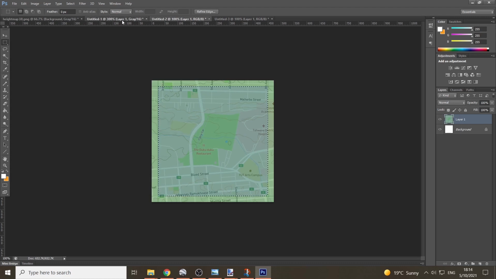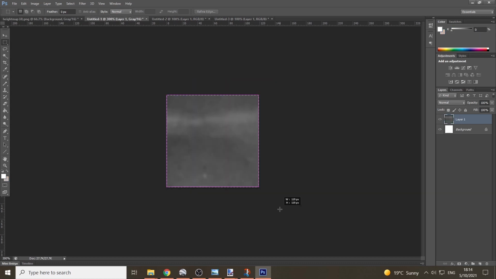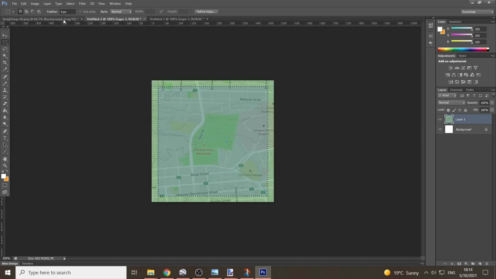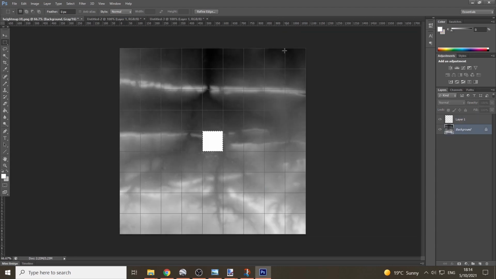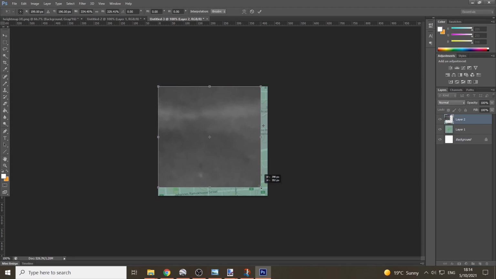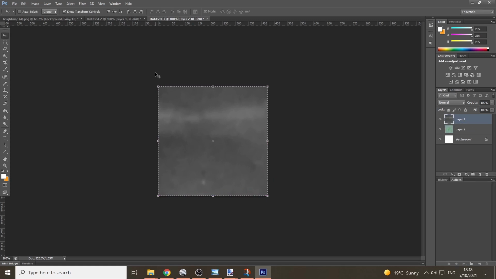Now what you're going to want to do is take this little section. I didn't have to make this entire new document. I could just straight up copy from here, paste into there, and we're going to upscale it. Fortunately Photoshop is a little bit nicer in that we can do something like that. So we want this in scale of the actual map. If I've done my maths right,